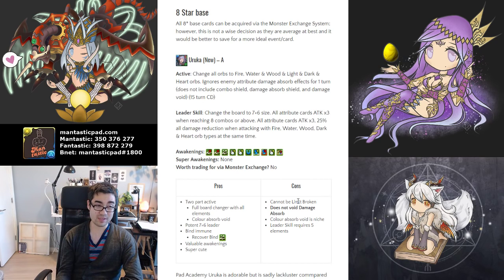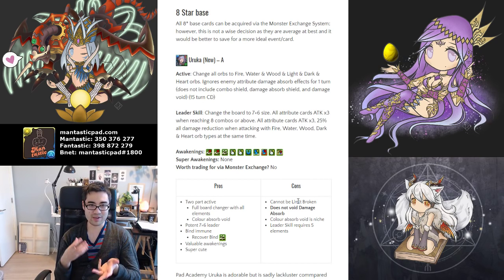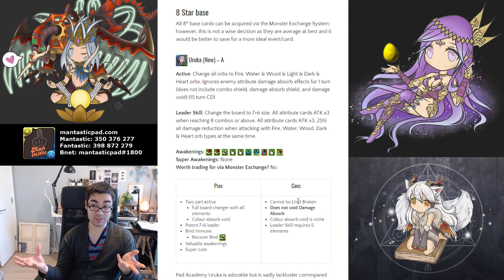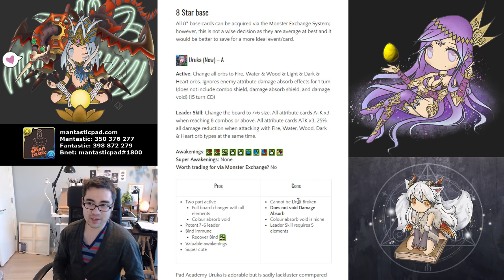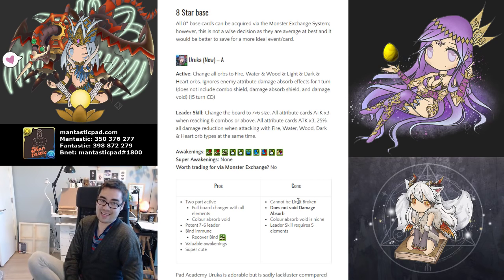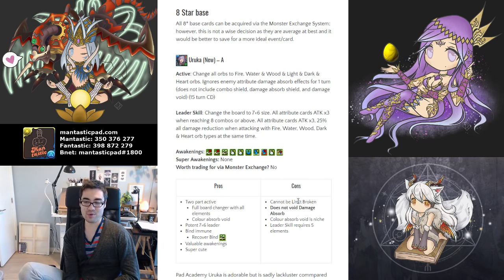Like, maybe you can dance your way through Machine Harem more easily or Machine Goemon, but these are very rare, niche situations. Maybe Noah Dragon if you have a pixel alongside of it, but you get the point. There are not many cases where we actually want to use color absorb void. So right from the get-go, Uruka in Pad Academy is kind of sad and lackluster